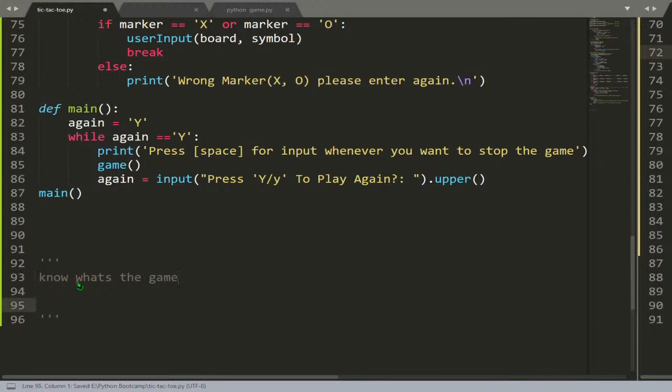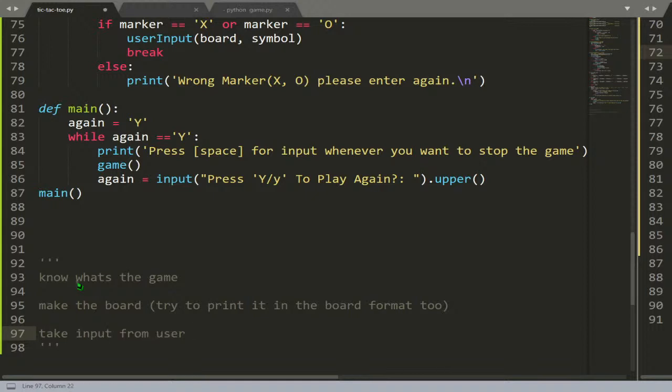Then we can go ahead and make the board and we can try to print it in the board format too, so that we can visualize stuff easily. After that, now we know the game, we are printing the board. So the next step is take input